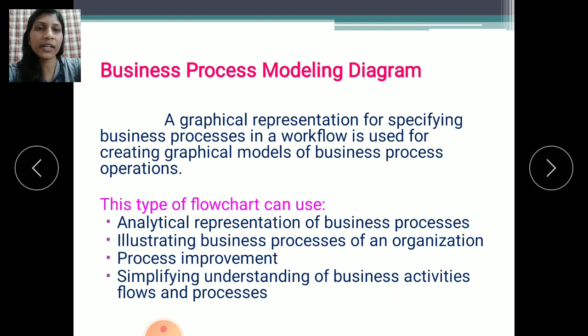Illustrating the business processes of an organization means, if you want to show the different processes of your business, we use this business process modeling diagram. Then process improvement, simplifying understanding of business activities, flow and processes.